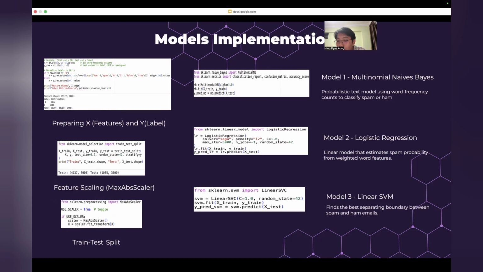For Model 3, linear SVM, the model focuses on finding the optimal hyperplane that best separates spam from ham. It doesn't work with probability, but instead maximizes the margin between the two classes. We use random state 42 for stability. This model is especially good for high-dimensional sparse datasets like ours, where there are many features but relatively few non-zero